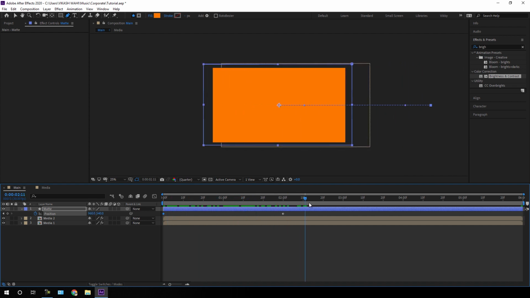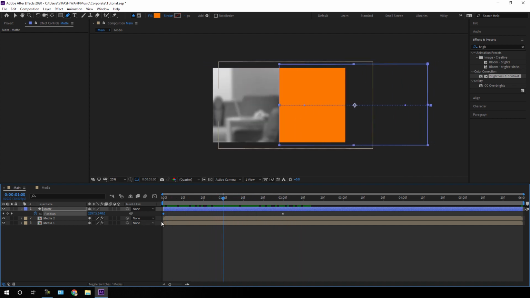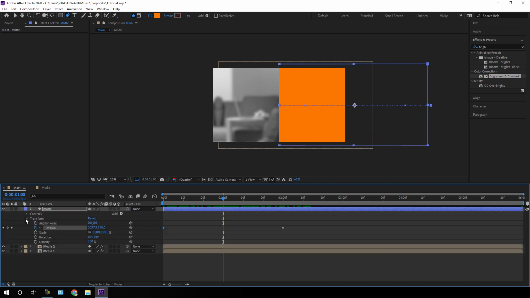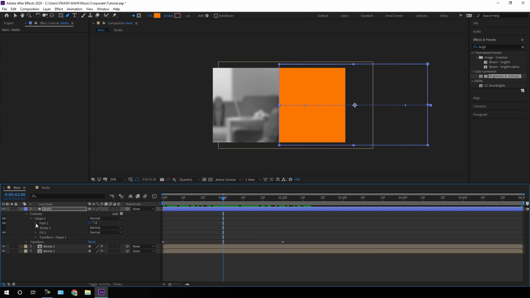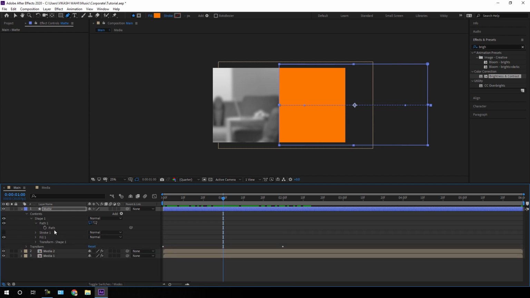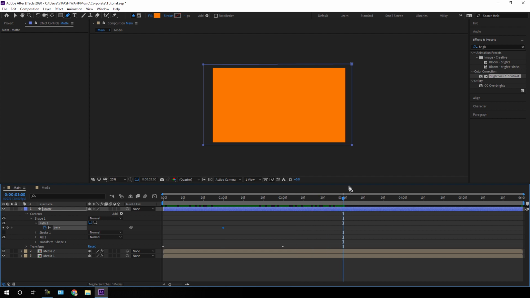After that, just go to 1 second and open this matte layer, close this transform, open this content, open this shape, and open this path 1. And here we have this path. So click on this stopwatch button to create a keyframe on path and go to 3 second